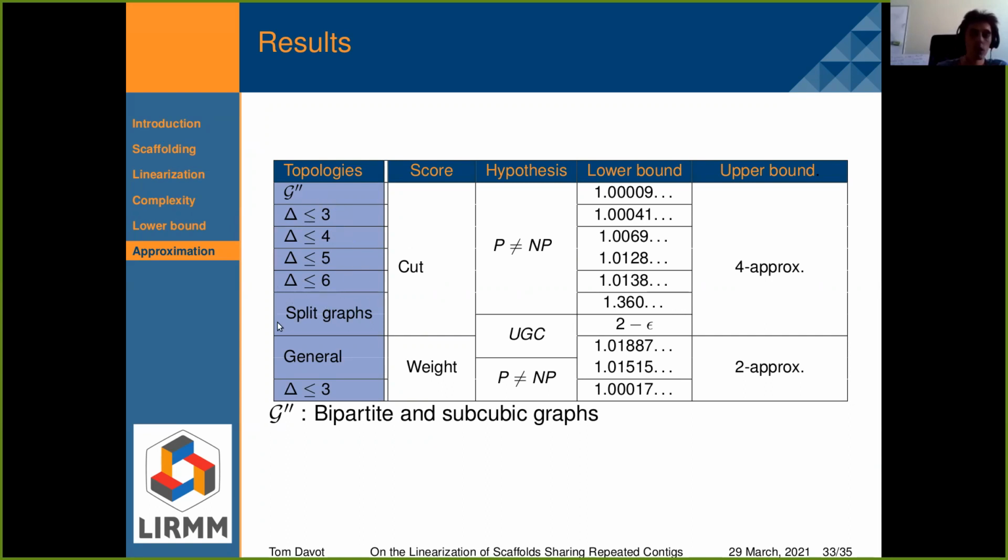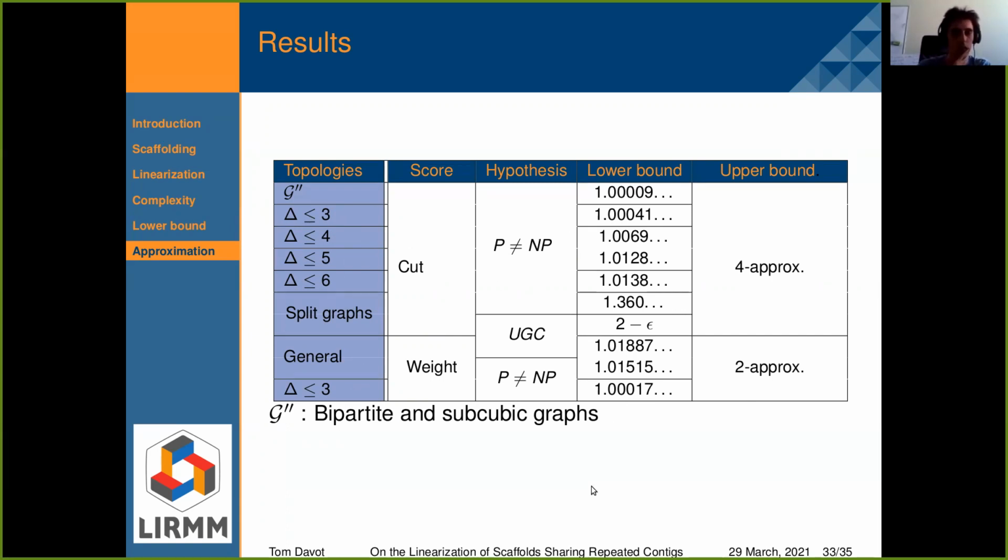We also find some results in split graphs, and that's pretty much it. So we find some lower bounds and some upper bounds for this problem with different hypotheses.